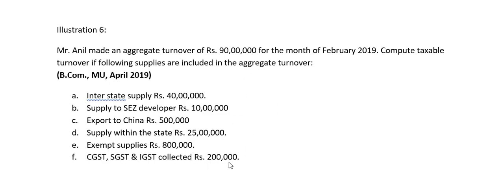What happens is, if you don't deduct this, this is the tax collected, the amount of tax which has to be deposited to the government. If we don't deduct this, we will be charging tax on this also, which is not right. You will be charging tax on tax, right? So first 10 lakh should be deducted, 5 lakh should be deducted, exempt supplies 8 lakh should be deducted, and this tax which has been collected by the firm, which is included in this 90 lakh, we have to deduct that also. So let's go to the solution.